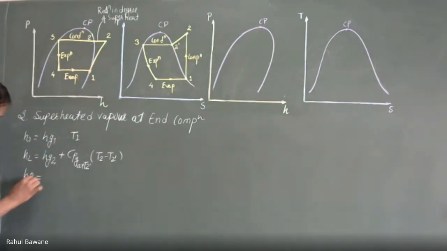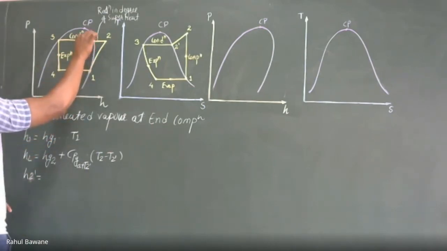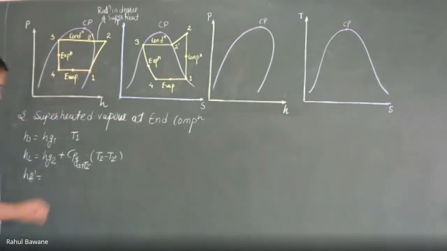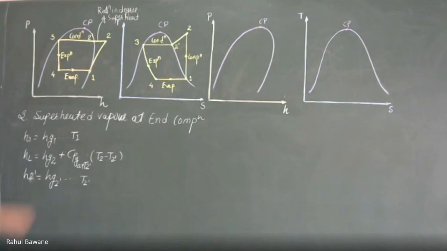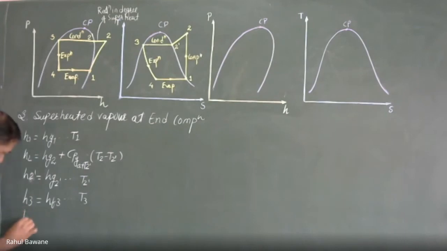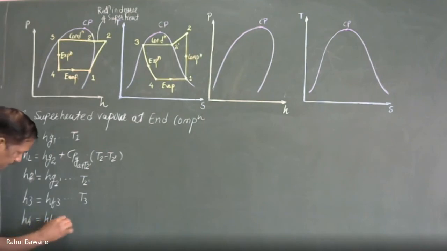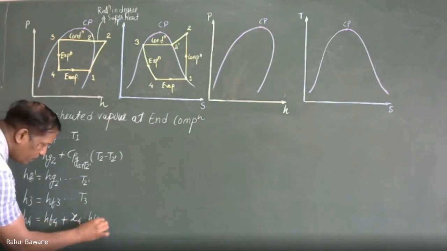H2 dash. Now suppose I am interested to calculate the H2 dash. So H2 dash is nothing but the enthalpy of vapor on the saturated, dry saturated curve. So it is nothing but Hg2 dash, and it will be calculated on T2 dash. Now H3 is HF3, and it will be calculated at T3 dash. H4, so it is wet condition, so HF4 plus dryness fraction at 0.4 multiplied by HFG4, and it will be